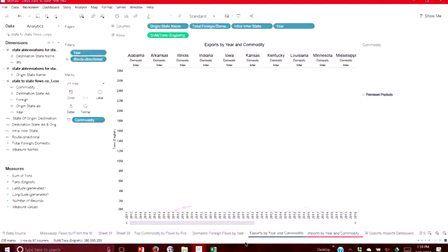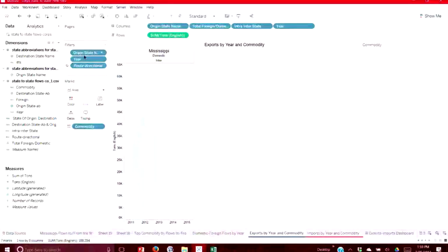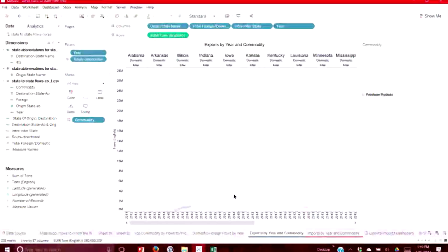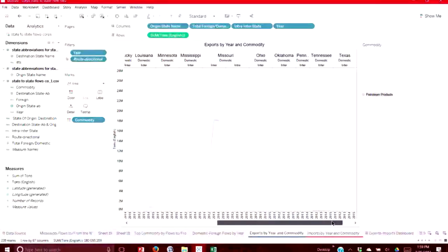Yeah, and that's one of the things I just realized: when I did the global filter on that particular data set, I had a Mississippi filter in it. If I do the back button, you'll see where the filter also had an origin state name of Mississippi. That's why when I went to the dashboard, that Mississippi file was still there. Even though I did a global filter on everything, the fact that there was still an origin state name that was Mississippi related, I remove it, and obviously it changes the data set here.